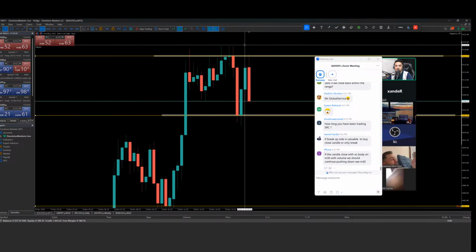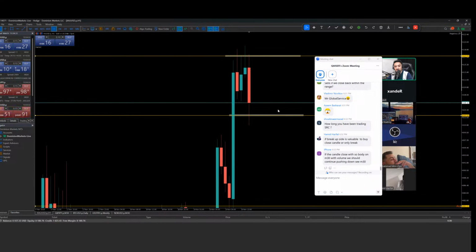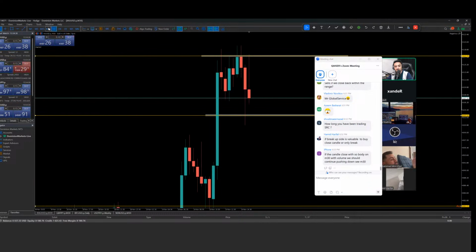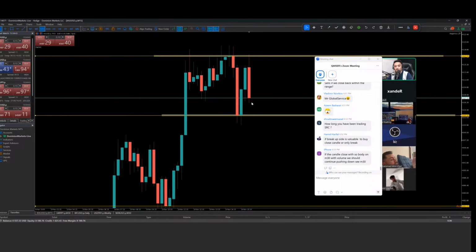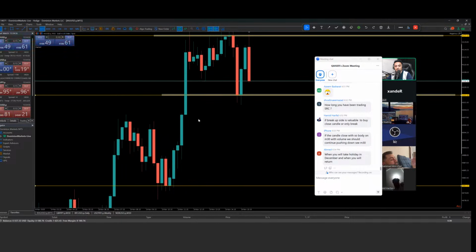If it breaks above the upside, is it valuable to buy on close candle or only on the break? You know what, it's not gonna break above this high without volume. If it breaks above this high, then it's not gonna stop anywhere. At the same time, the way it's pushing to the downside, the way this H1 also broke above the high and is continuously pushing to the downside, the way this candle is rejecting right now and showing volume, if it closes in a bearish form, I would give my trade a chance for the sells. The way it's showing volume might be grabbing the liquidity. Now it's time for this candle to push to the downside.